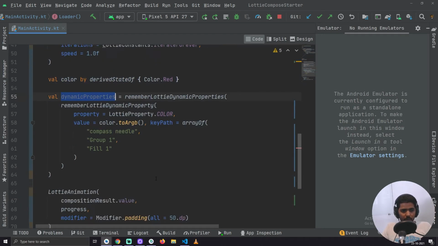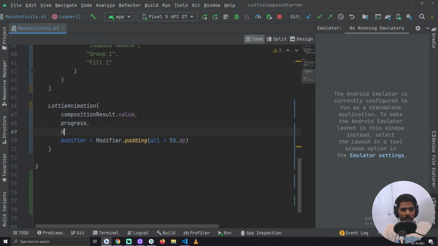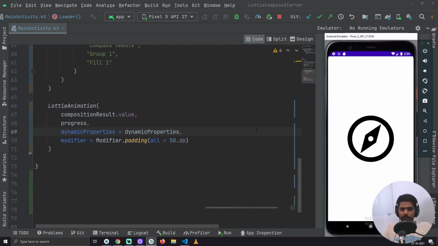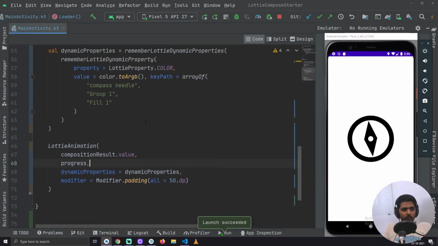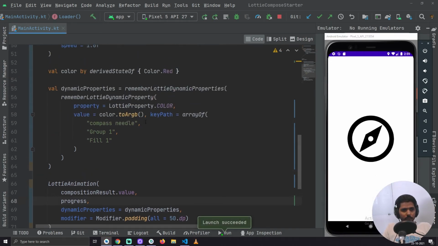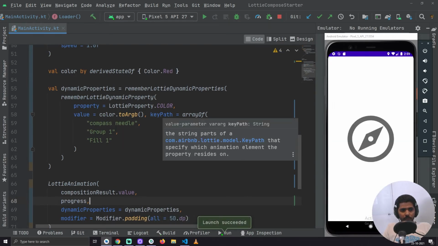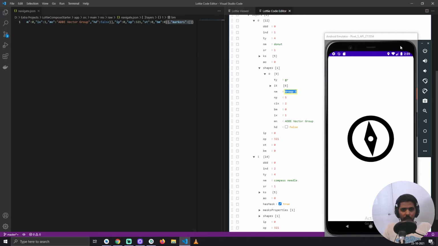Let's add this now in our Lottie animation. Dynamic properties equals to. Now let's run this. Okay, I made a mistake, I think.